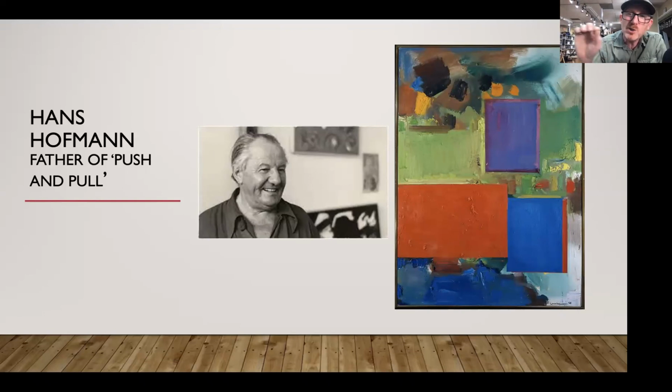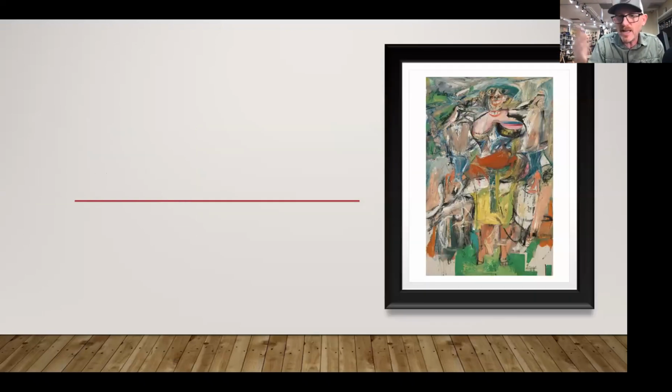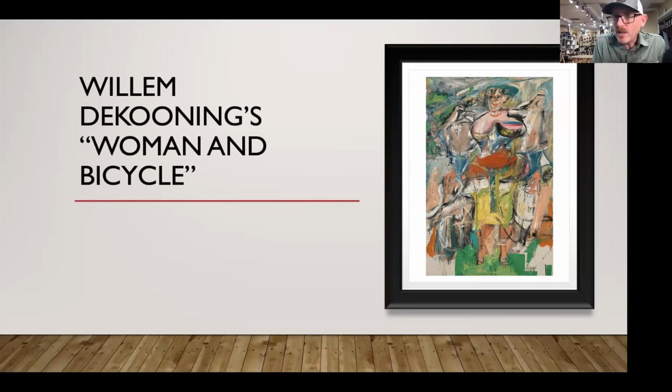But if you just say, what can the paint in and of itself do in its formal qualities? What can a hard edge do versus a soft edge? What can an intense color do against a subdued color, a light versus a dark, a large versus a small? And he was interested in just those formal push and pull of colors, their exertion, divorced from reality, divorced from anything in the real world. What does that do? And that, of course, inspired many artists who came under his wing and he tutored, like de Kooning, Woman and Bicycle.